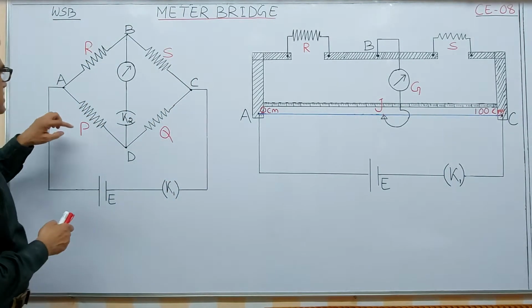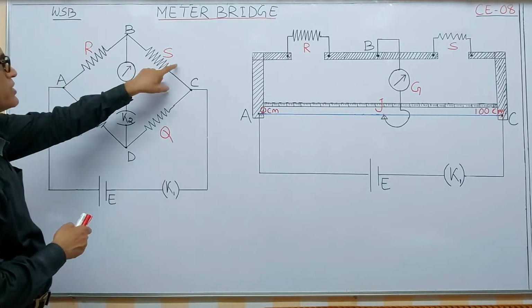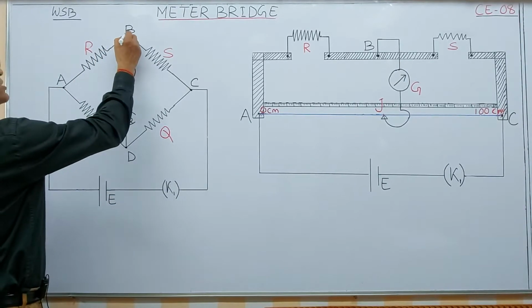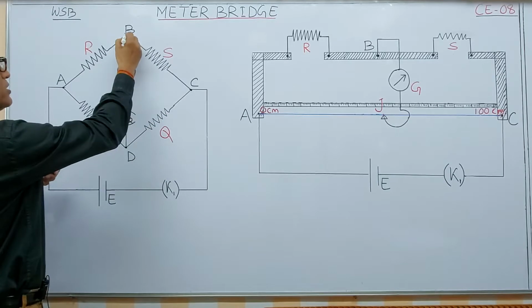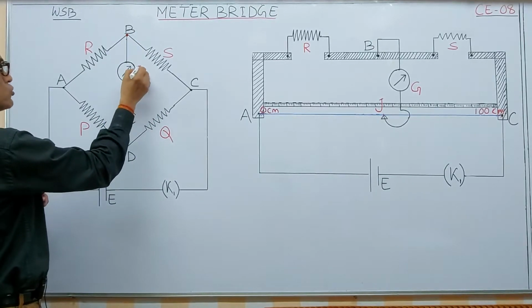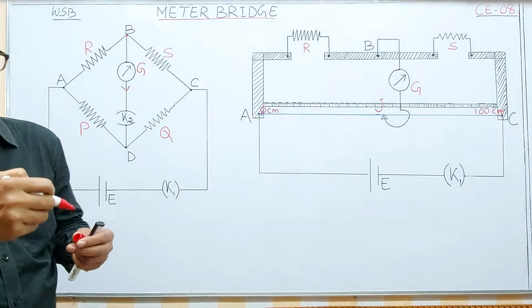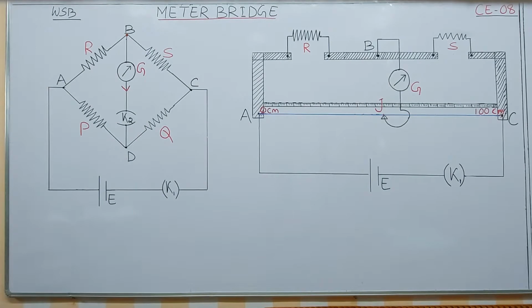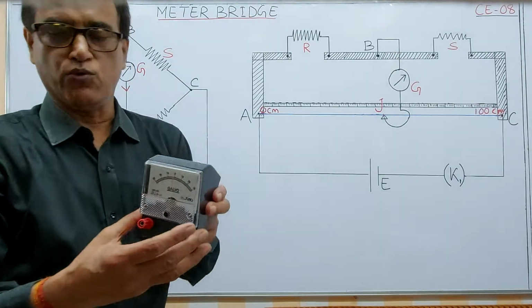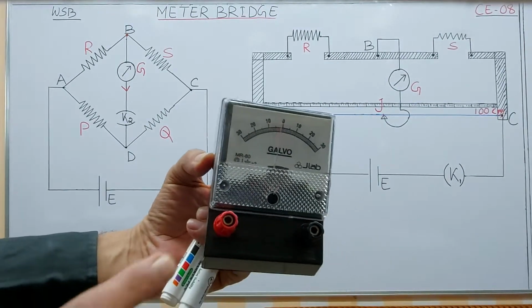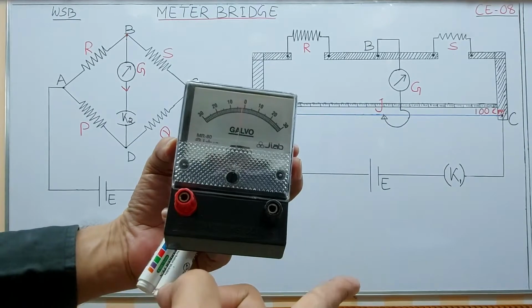Now if this resistance by this resistance is equal to this resistance by this resistance, then the bridge is said to be balanced, and in that condition you are adjusting the resistance in such a manner that no current flows through this galvanometer. This is a galvanometer, which is an instrument used to measure current. I can show you one galvanometer, and the galvanometer is an instrument which shows the current when it moves. This type of galvanometer you will use in practicals, and there is a pointer here, and you can see the deflection.